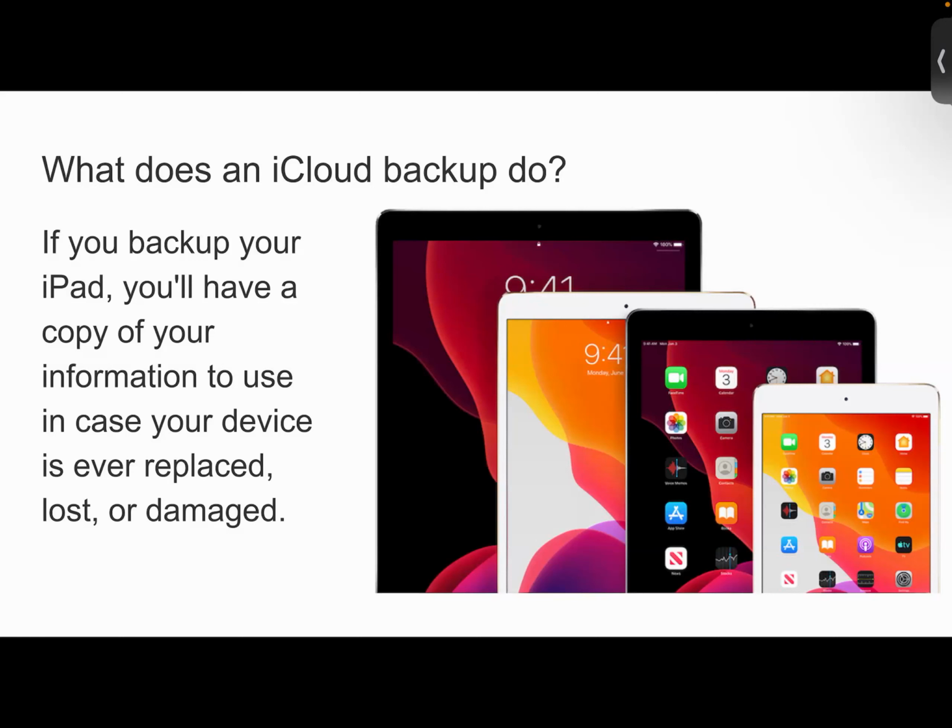But just like in life, it's always good to have a plan B, right? So before you do an update, you just want to make sure that you back up your device. If anything happens regarding that update, you can restore your device to before that. That way Apple can fix whatever they need to do with that update, and then everything will be fine from there. So you want to make sure you do a backup at least once a month.